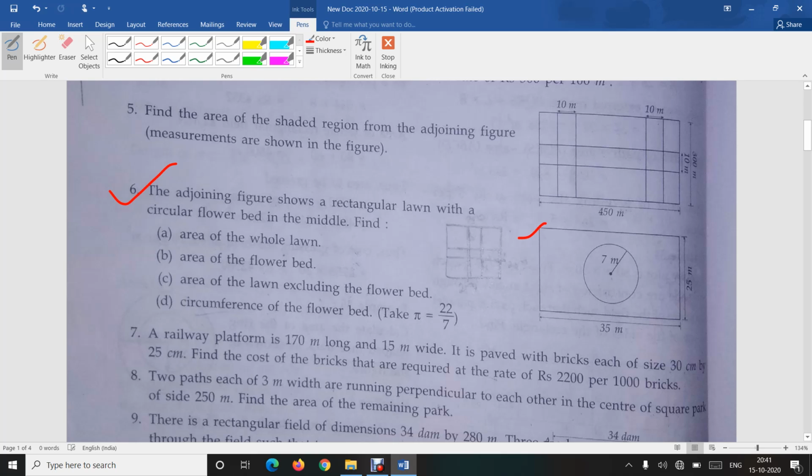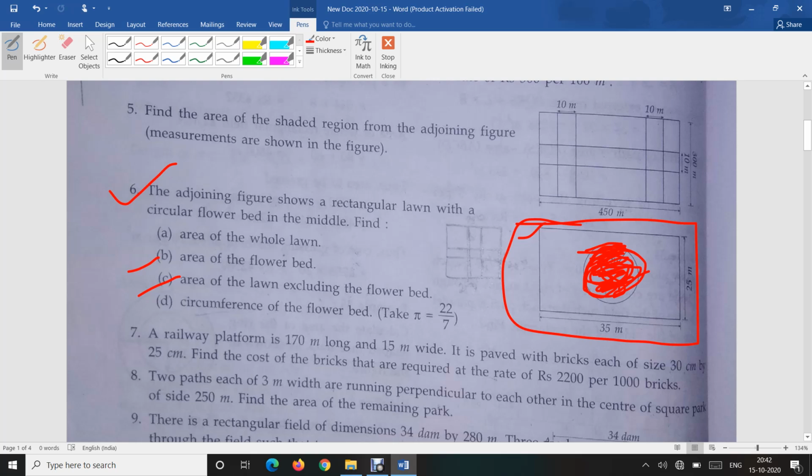in the middle. This is the figure, and in this figure you can see there is a rectangular lawn, and within this rectangular lawn there is a circular flower bed, and you have to find out the area of the whole lawn. That means you have to find out the area of this rectangular lawn. And in part B you have to find out the area of only this flower bed. In part C, area of the lawn excluding the flower bed. That means you have to remove this portion, you have to remove this area from the whole area of the